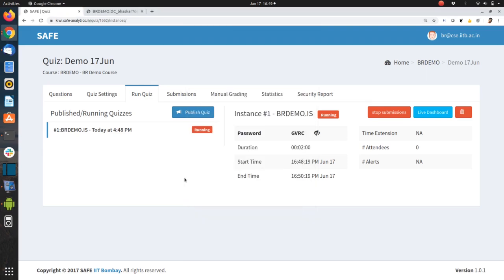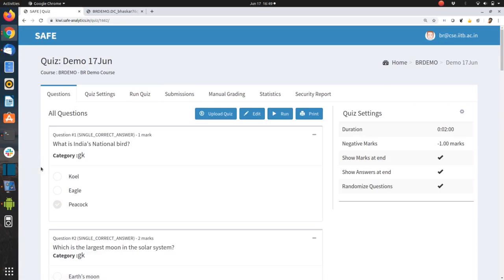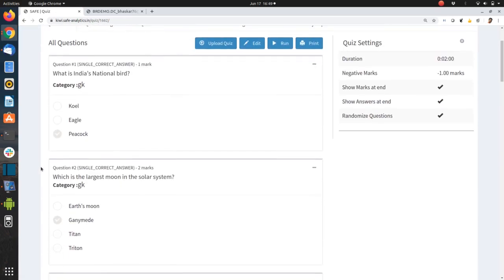Of course, while using question categories, one has to be careful because this is actually an example which shows a mistake done by the teacher. So for example, one GK question is 1 mark, whereas another GK question is 2 marks. This is not right because some students may get this GK question for 1 mark, other students may get this GK question for 2 marks. So for proper use of categories, all questions of the same category must be of the same number of marks.